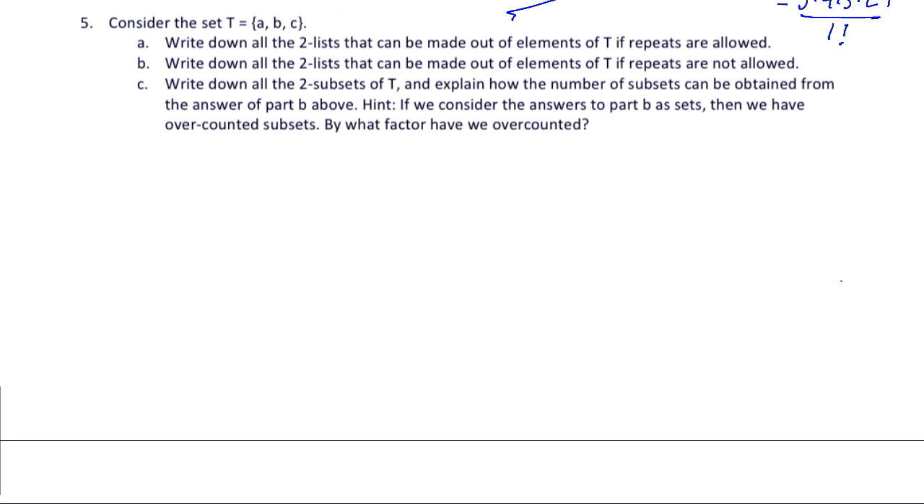Okay, in this video I'll solve the problem notated number 5 here. Consider the set T, which contains the elements A, B, and C. We want to write down all the two lists, now a list has order, that can be made out of the elements of T if repeats are allowed. Okay, if I'm allowed to repeat,